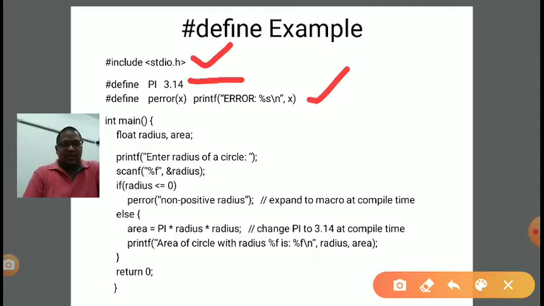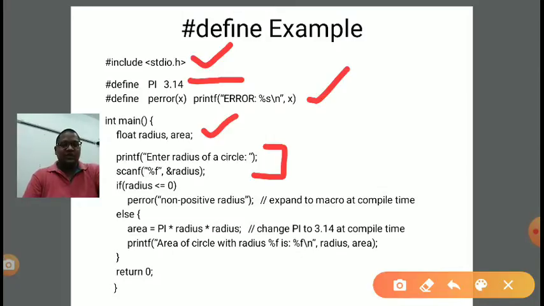Coming to main, again we have declared two variables, radius and area. We will be taking the radius input from the user. Now here we have written some decision logic, an if-else type of concept. First, we check whether the radius value we entered is negative; then we will display a message, and if it is not negative, we will further process the input in the formula and it will generate the corresponding output.